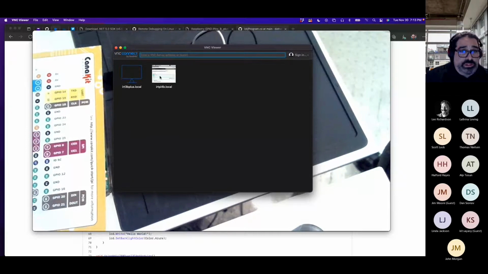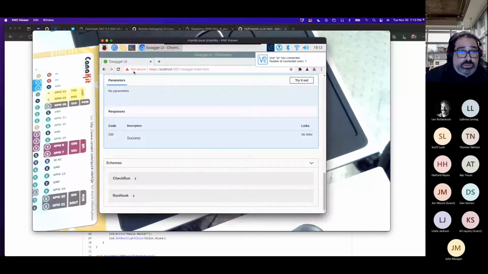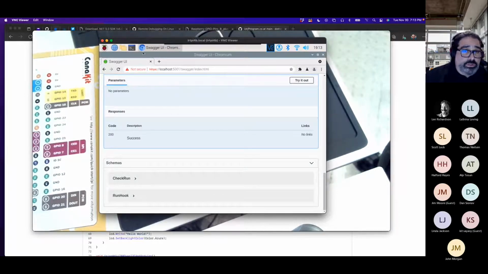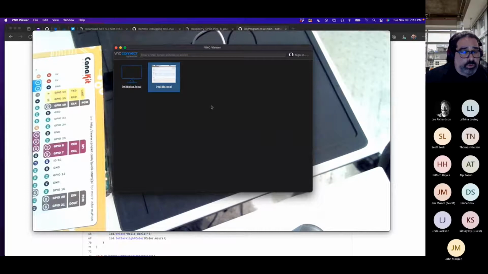So if I wanted to see that Raspberry Pi directly, I could go to it, and here's the Raspberry Pi. I was running something in Chromium before, and if we have time, I think we will come back here and run a demo on this Chromium targeting an API running on the device. But for now, I'll just kill it to avoid bandwidth use.